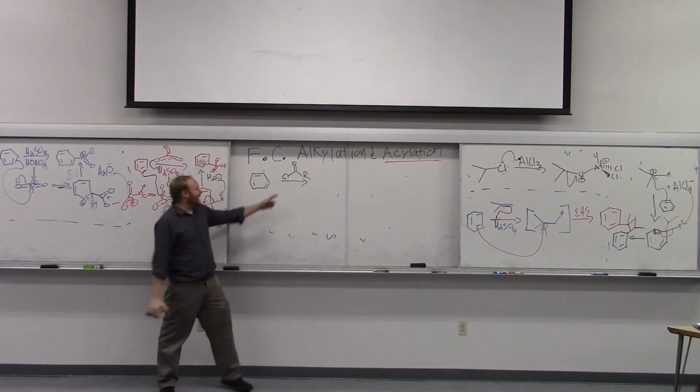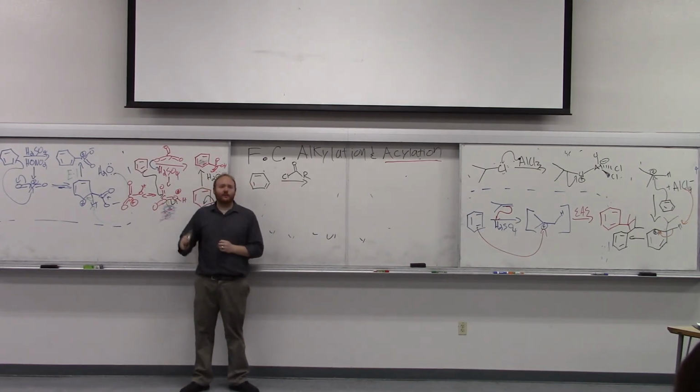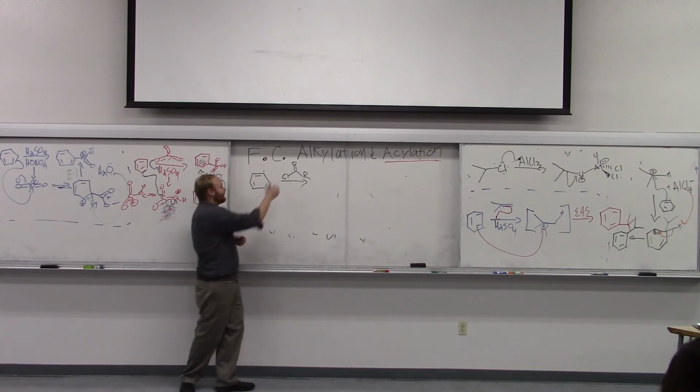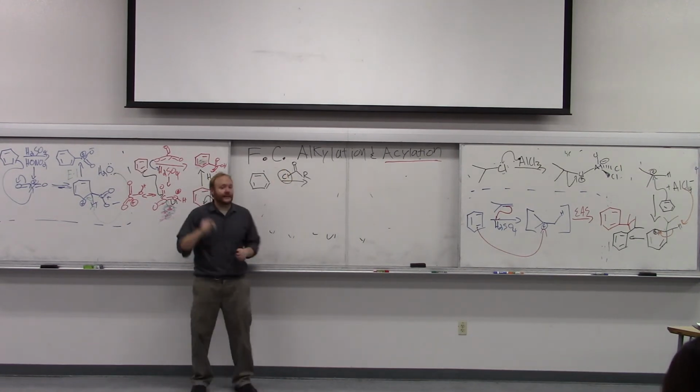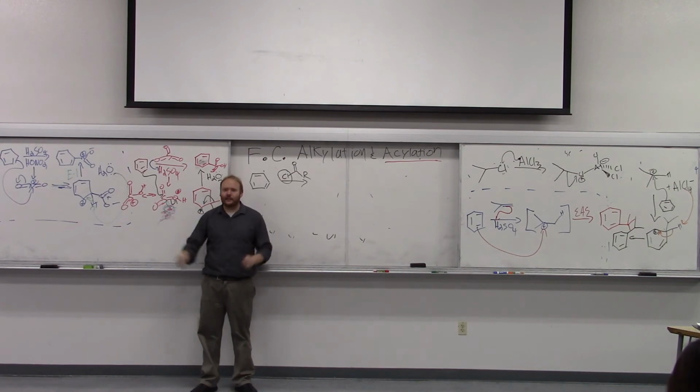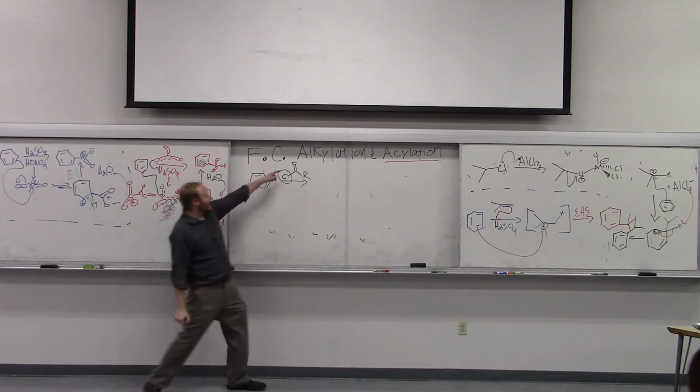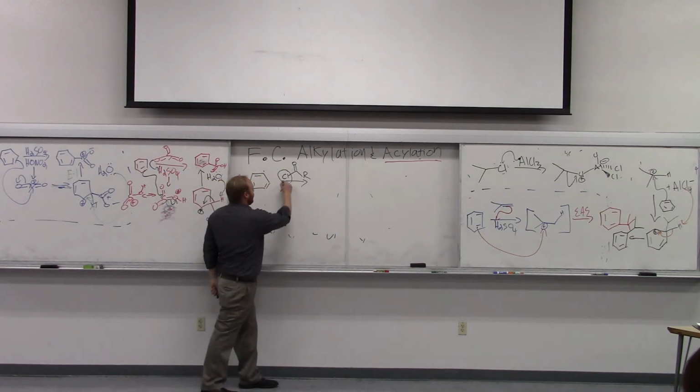Just realize acid chlorides are very electrophilic carbonyls that have a very good chlorine leaving group. Chlorine is a great leaving group because it's got a good acid as HCl, so it's a very stable anion. So chlorine is always a great leaving group. And so when you take an acid chloride, and again,